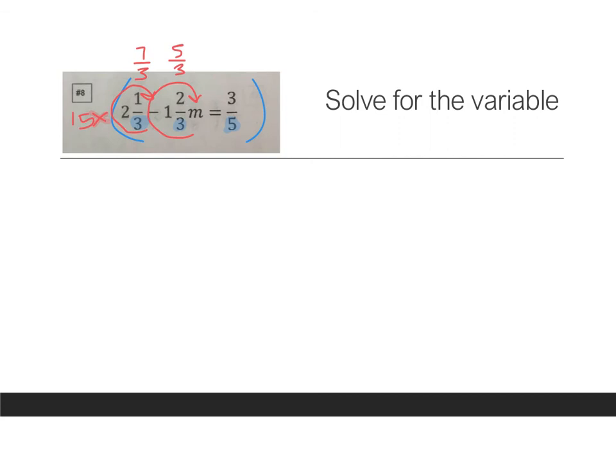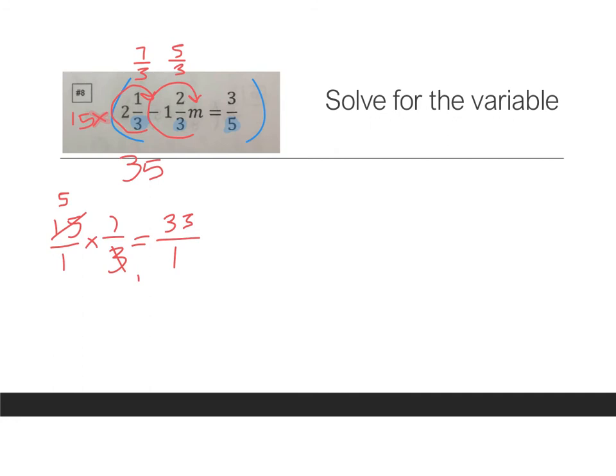So to start off, I'm going to do 15/1 times 7/3. And that I can cross simplify here, right? 15 I can divide by 3 and get 5, and 3 I can divide by 3 to get 1. So then I'm just doing 5 times 7, which is 35/1. So I'm left with